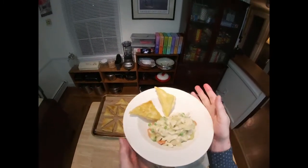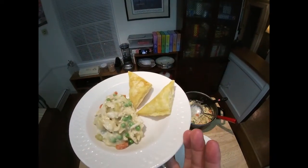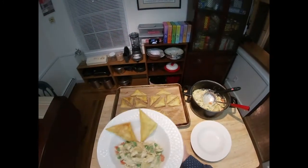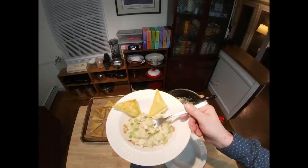Look at that. Perfect golden brown puff pastry crust points. And if you like the chicken pot pie,